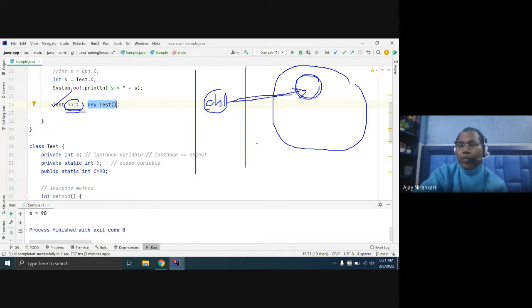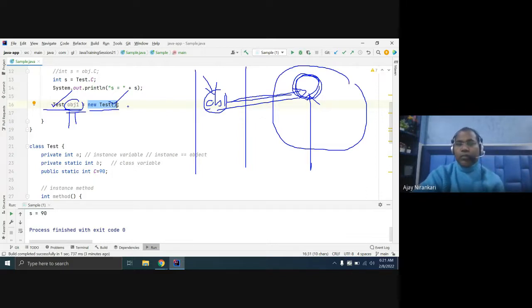Whenever you are creating a new Test, this is the new object created in your heap memory. And the variable that refers to it is known as a reference variable. The obj is a reference variable of type Test, so it always holds the object of your Test class.